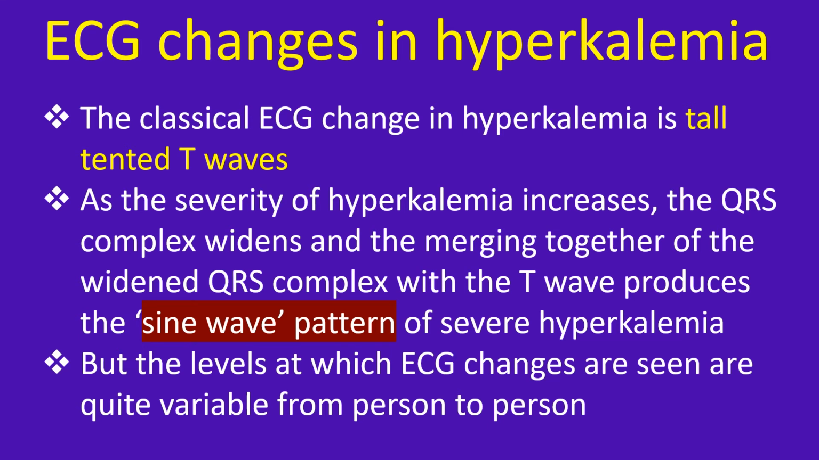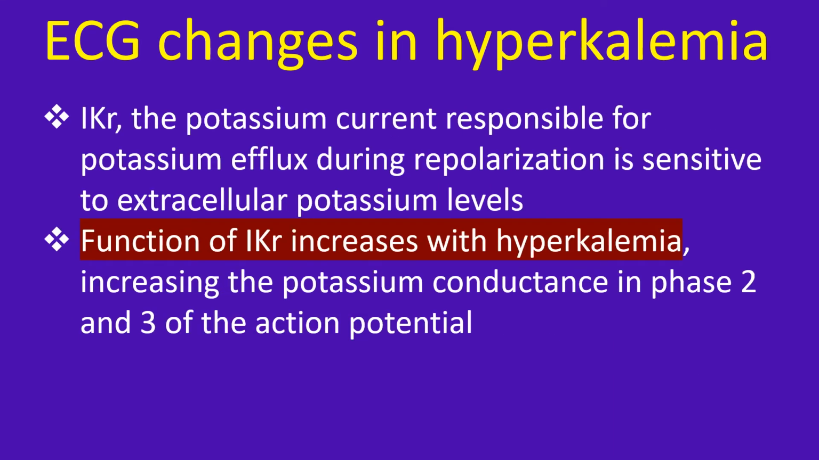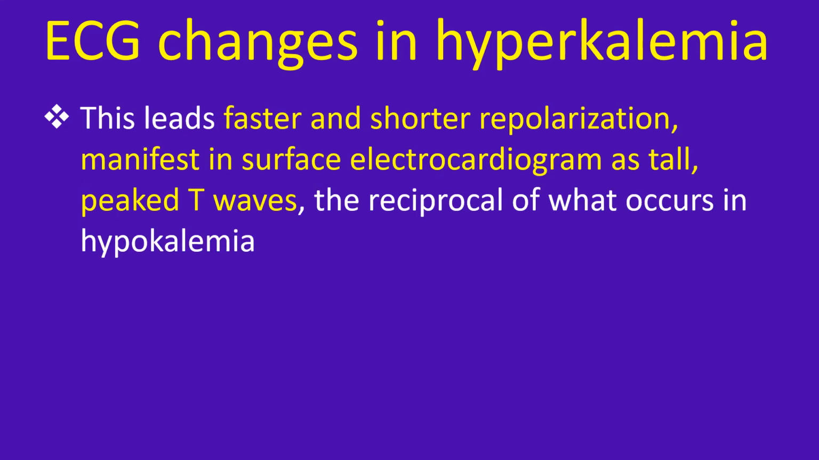from person to person. IKr, the potassium current responsible for potassium efflux during repolarization, is sensitive to extracellular potassium levels. Function of IKr increases with hyperkalemia, increasing the potassium conductance in phase 2 and 3 of the action potential. This leads to faster and shorter repolarization, manifest in surface ECG as tall peaked T waves, the reciprocal of what